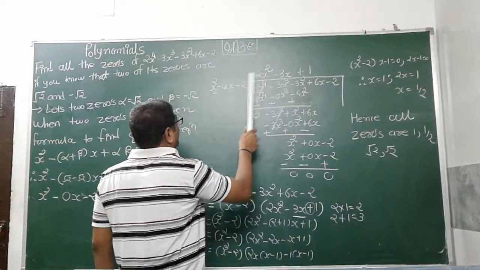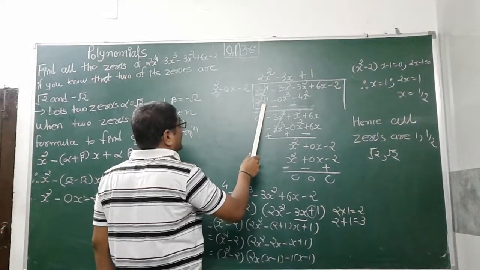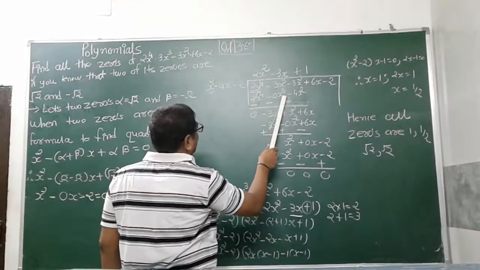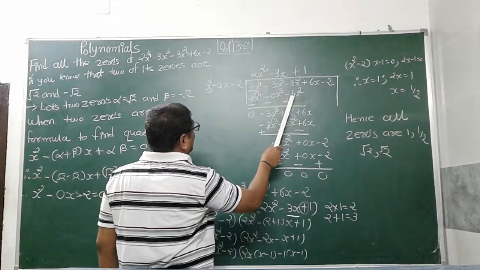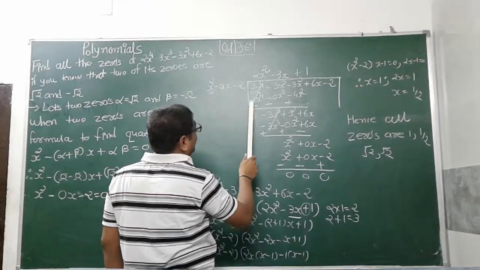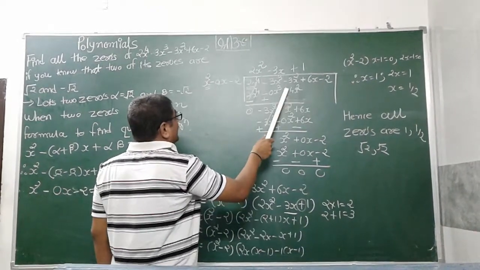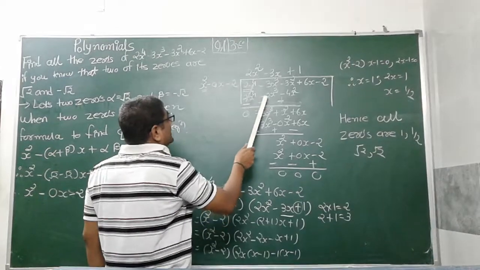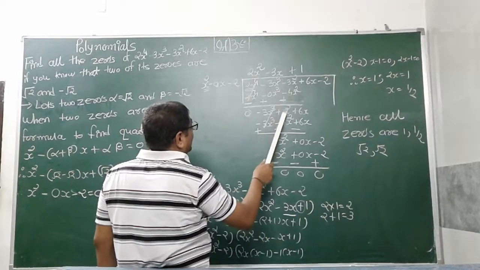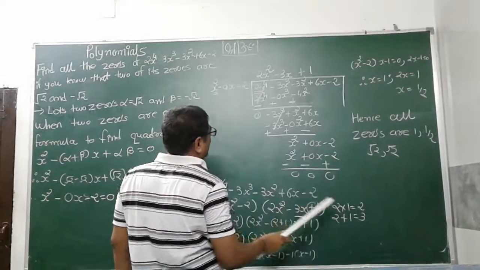So we get 2 into 1, that is 2, x raised to 2 into x raised to 2, that is x raised to 4. In the same way, in multiplication we add the powers: 0 into 2x squared is 0x cube, and minus 2 into 2x squared is minus 4x raised to 2. Now we change the sign. We say change the sign, but actually we multiply by minus 1. So plus becomes minus, minus becomes plus, and minus becomes plus. So this is cancelled out. 0 minus 3 is minus 3x cube, plus 4 minus 3, that is x square. We bring down only one term, that is 6x. If you bring down both, no issue.